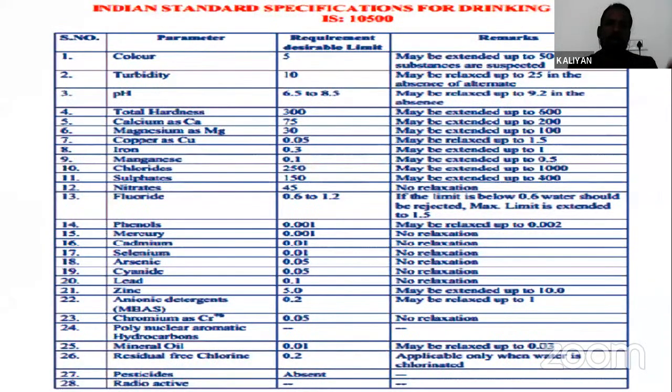So these are the Indian standards for drinking water, and please give importance to this tabular column, because they ask what the permissible or desirable level for pH in the water is, 6.5 to 8.5, and what the chloride level in drinking water is. So questions will come like this, so go through this slide, it is very important.